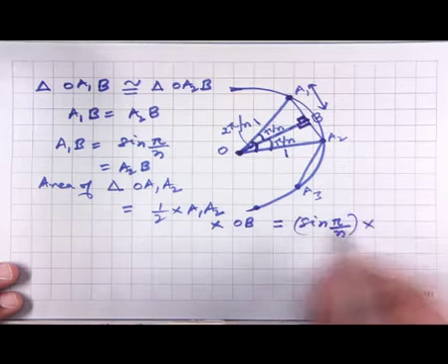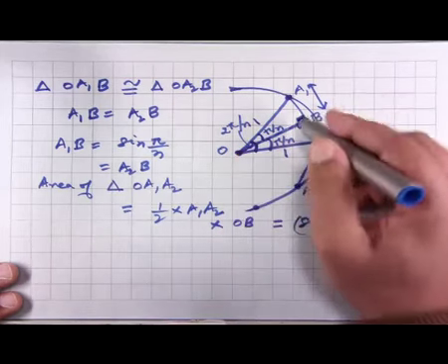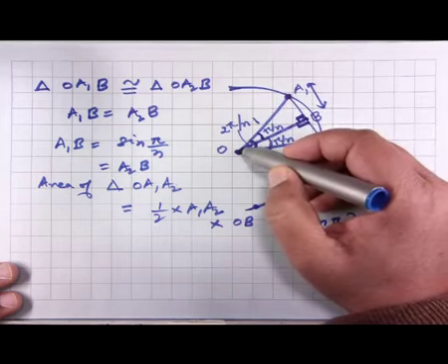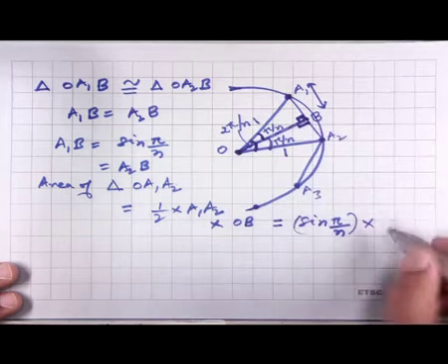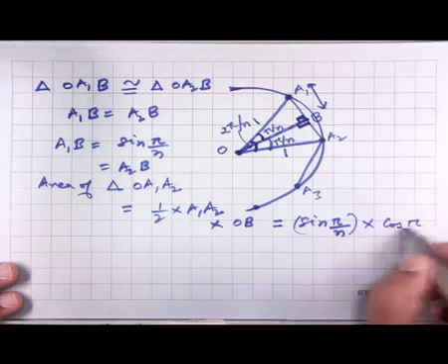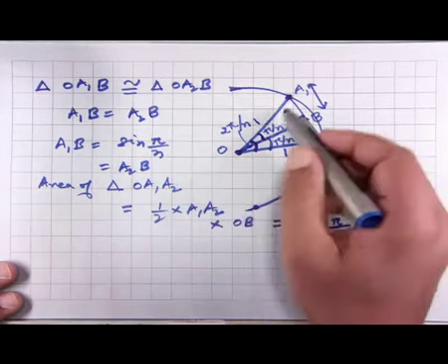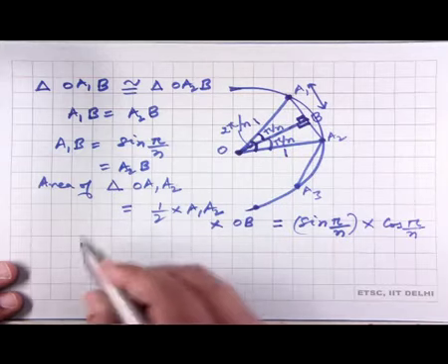So, this times OB. So, OB again we can find out because we know this angle and this is 1, right. So, OB is clearly equal to cos of pi by n. So, this is the area of this triangle OA1 A2, and therefore,